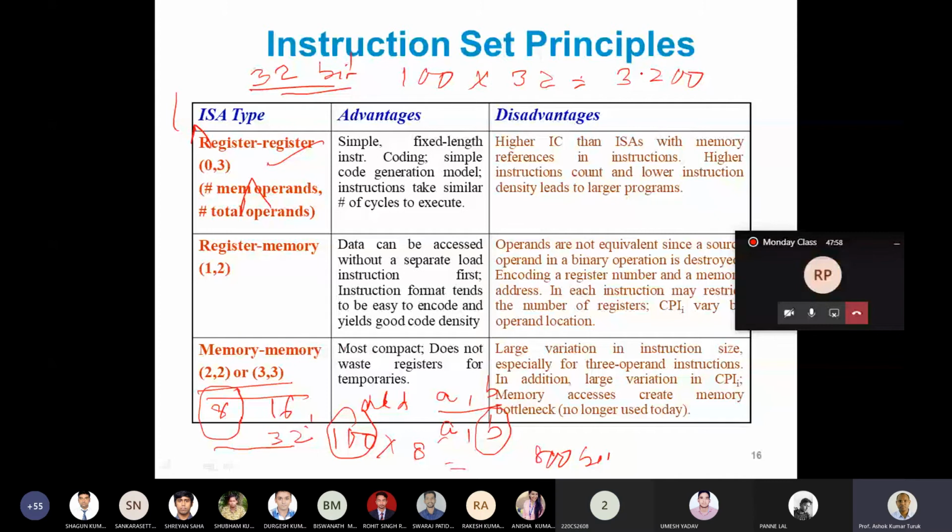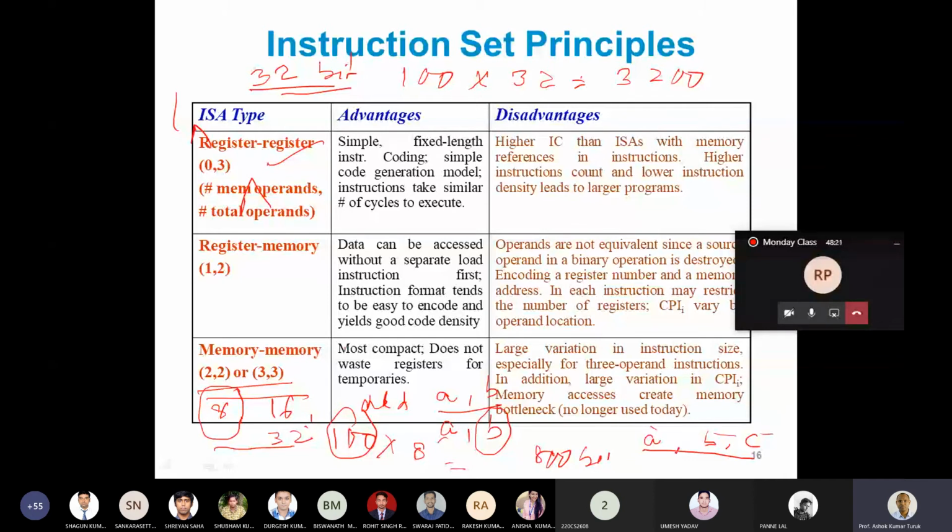So let's say you had an instruction referring to all three operands in memory. Because it can refer to all of them, the size of the instruction is going to vary.